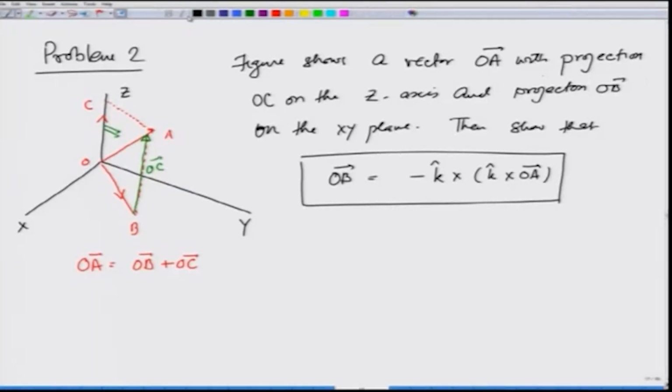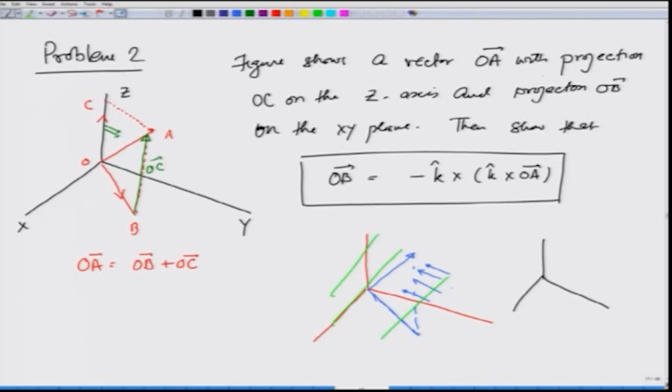Always think of projection like this. Suppose I have this axis x, y, z and the vector OA. Think of light falling parallel to the z axis, giving its projection or its component in the xy plane. So, better would be I will change the order. If I look at xyz and this vector OA,